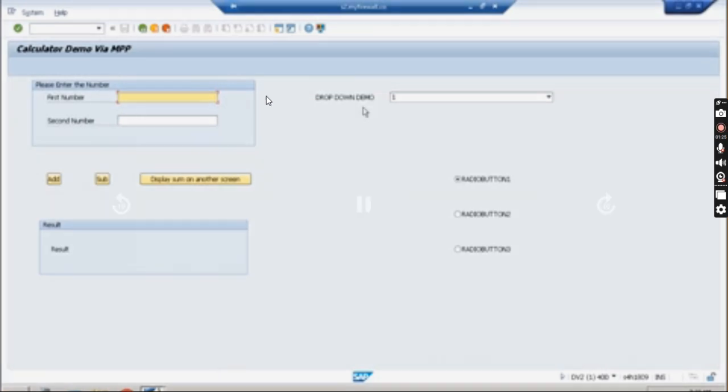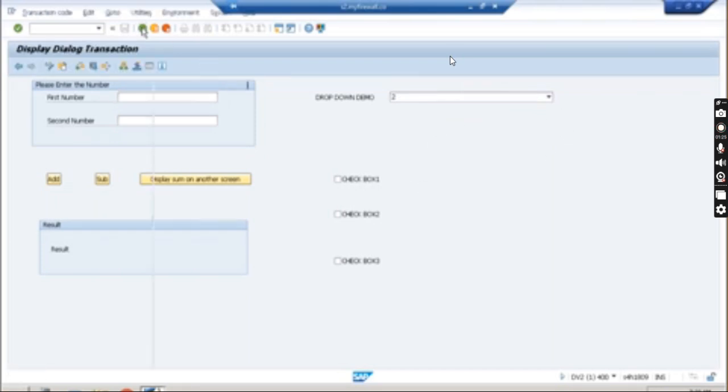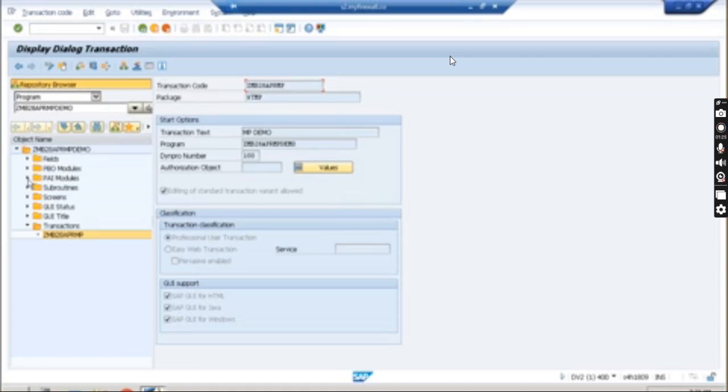So if you remember, yesterday I was trying to populate this value dynamically. If I select the radio button, it should display the radio button. If I select the checkbox, it should display the checkbox. You can see that we are able to do so. And how are we able to do that? You have just seen that we have written some piece of code